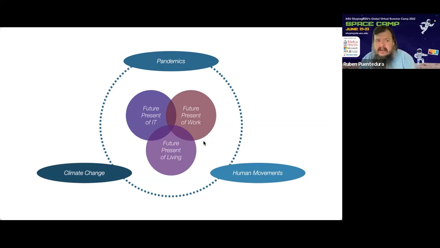Or you might have, if climate change changes, a scenario where individual homes might not be livable, but you might be able to create more collective scenarios where people could gather in ways you couldn't otherwise. Or conversely, with human movements, this is a big issue for anybody working in the refugee scenario. How do we provide access to refugees to educational learning organizations?